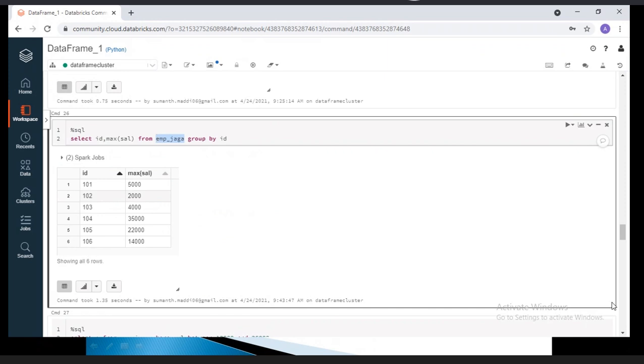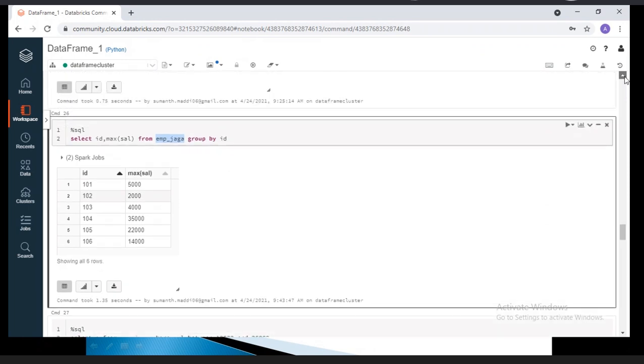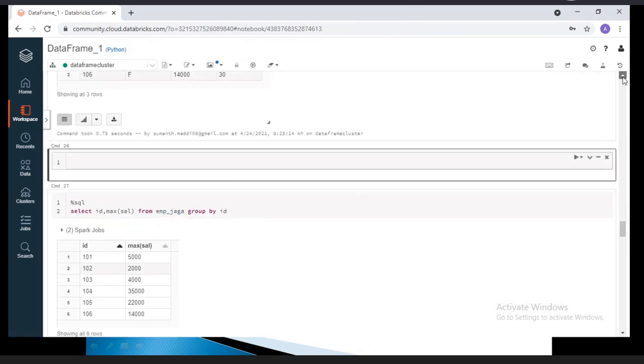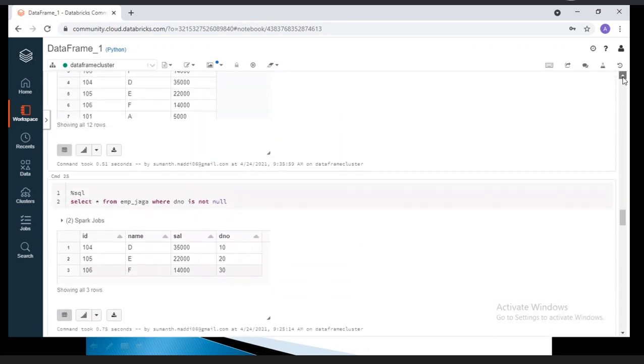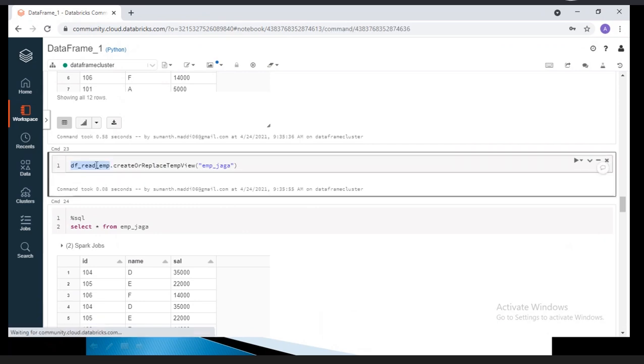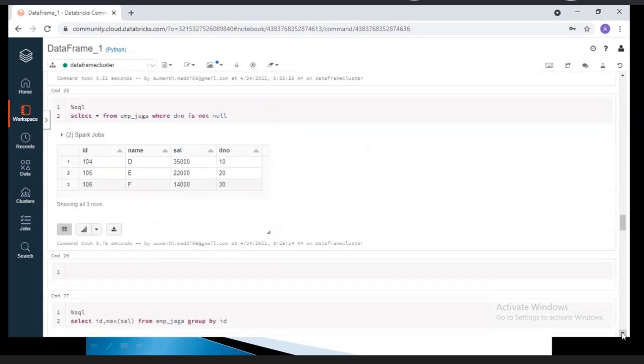Clear, right? These records are distributed into different nodes, correct, based on your partitions. So if we do group by or any analytical functions, it will do the shuffling. Performance anyway, Spark will take care of it. It depends on your number of partitions.